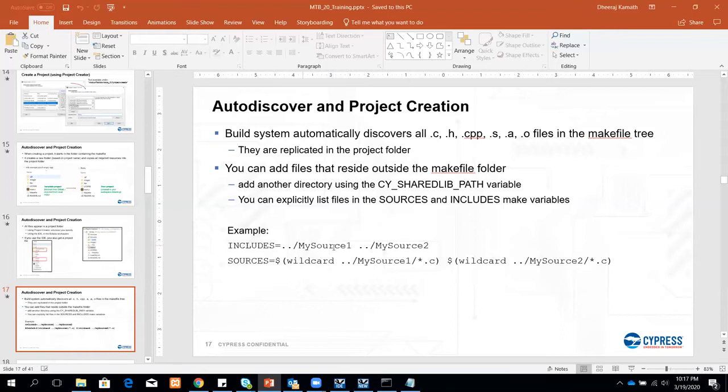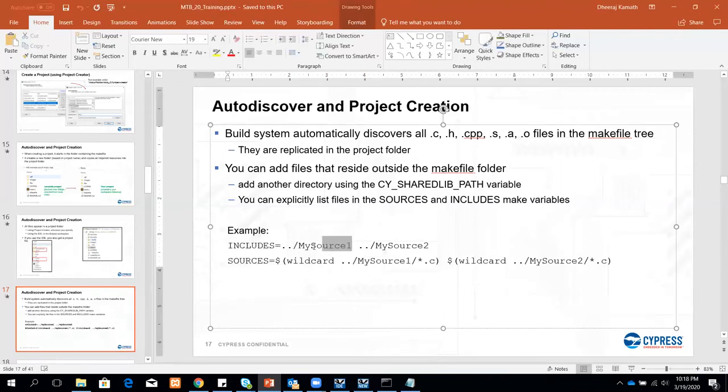So let's say I have my source 1 and my source 2 folders, which are outside the makefile directory, just one level outside the makefile directory. Then you would include that in this fashion. So you would say includes equal to ../ to go one level back, and then tell it to include my source 1 and my source 2 directories. And you do something similar when you want to include the .c files for the sources.